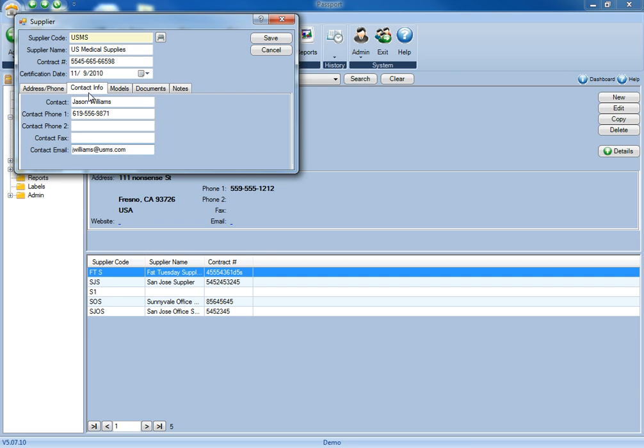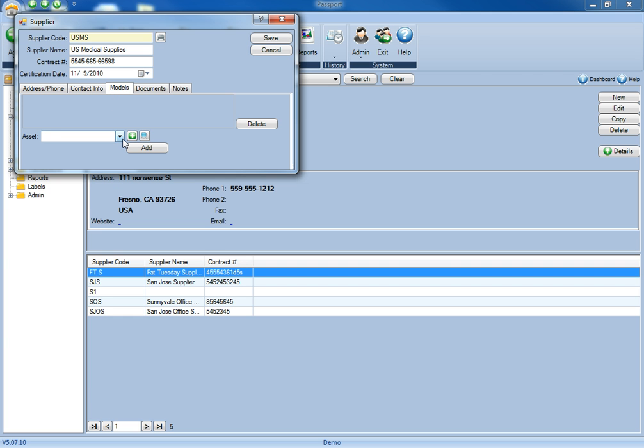Once you've added the contact info for your contact point, then go ahead and click the Models tab, and here you can select the specific models that you receive from the supplier. Just choose them from the drop down, click the Add button, and you'll see they'll be added to the list